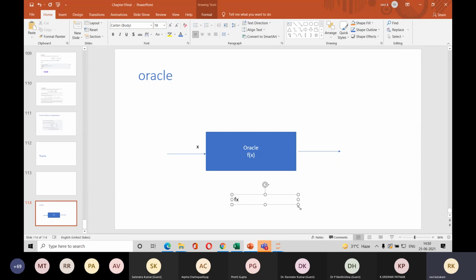See, f of x can be any function like x plus 2x plus 3x, or you can have square term or cube term. This is basically one mathematical equation as a function of f of x, and this entire function together is called oracle at a high level. So there are more details to it, but to understand what is oracle, it takes certain input and throws out output based on the certain equation it holds. So that is what is oracle.